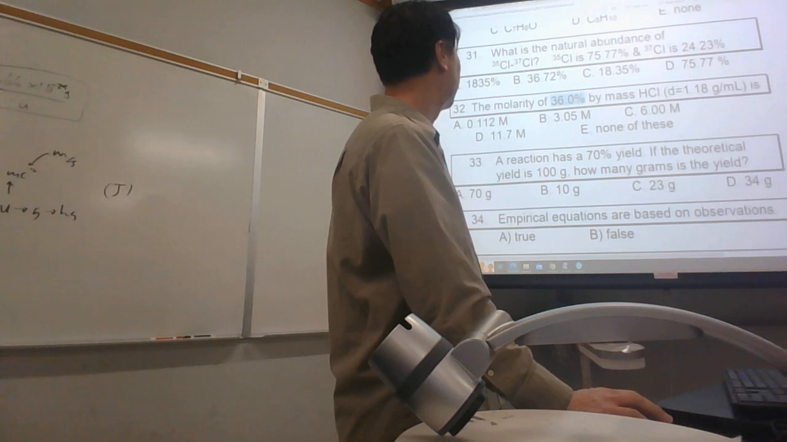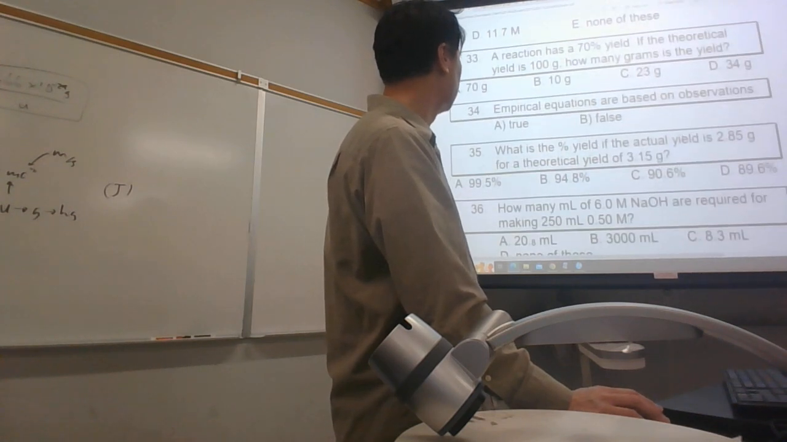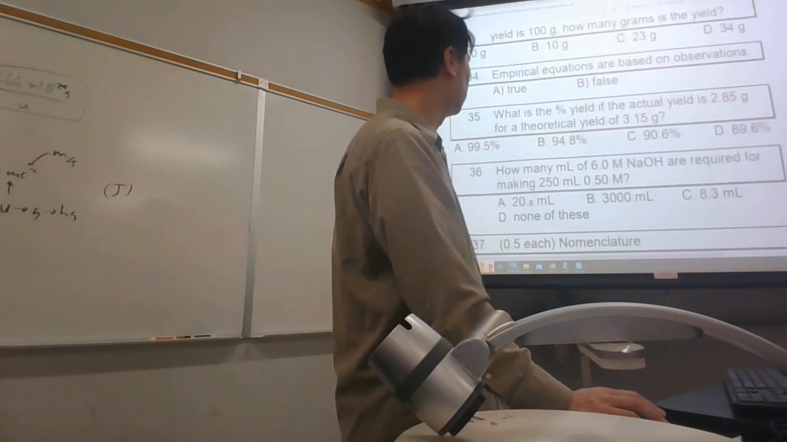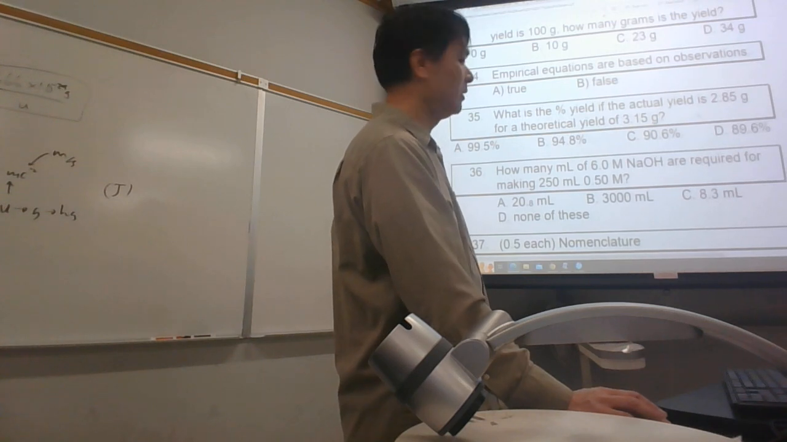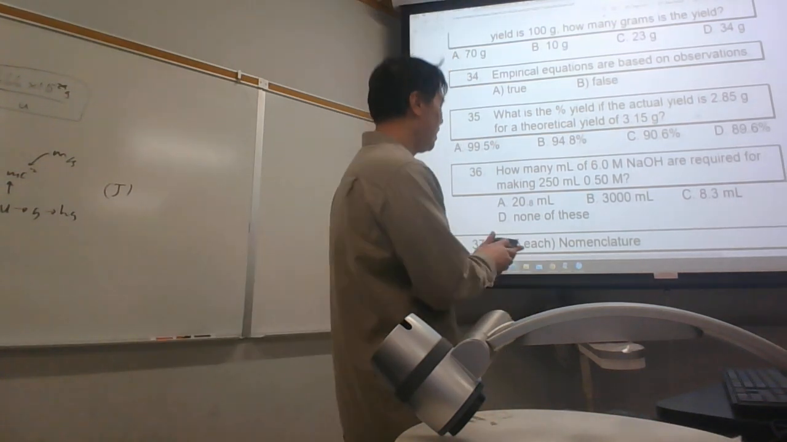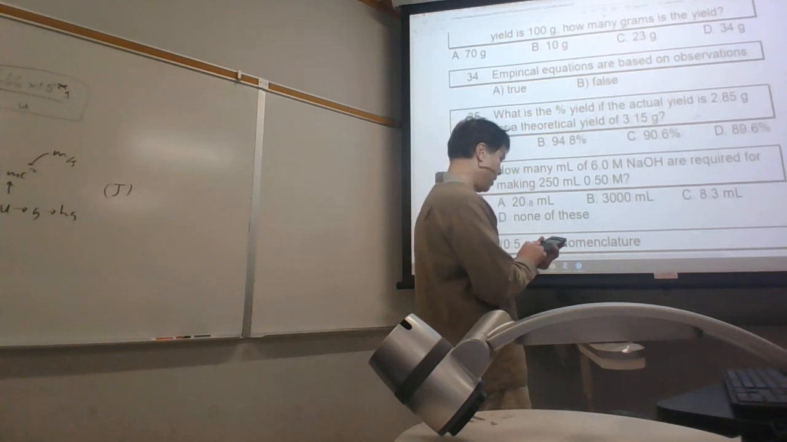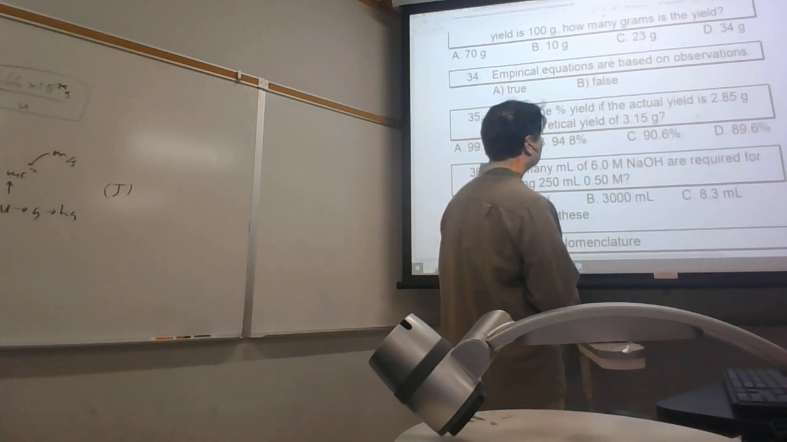So number 32 is chapter 4. Number 33 is chapter 4. 34 is not. 35 is chapter 4. 36 is chapter 4. What's the answer for 35? What is the percent yield if the actual yield is 2.85 for theoretical yield? So it would be 2.85 is what the actual yield was, divided by what you should have gotten, which is 3.15. And so 2.85 divided by 3.15 times 100% gives us 90.4